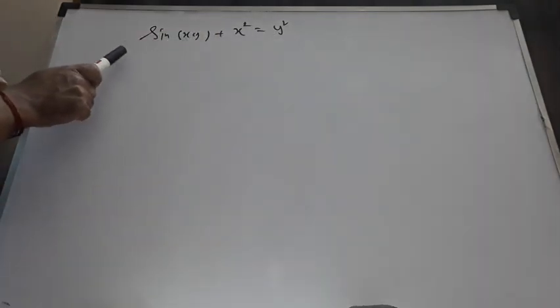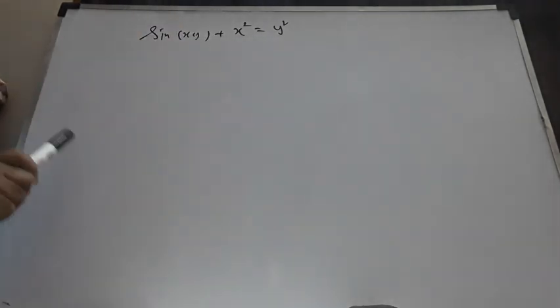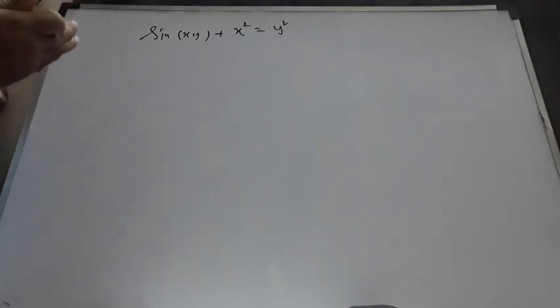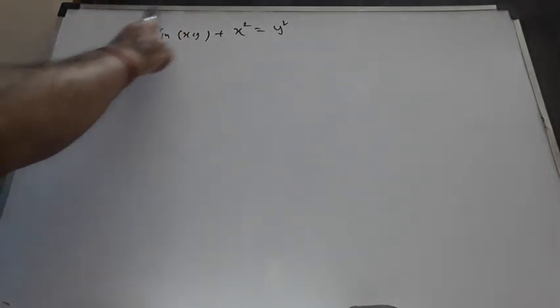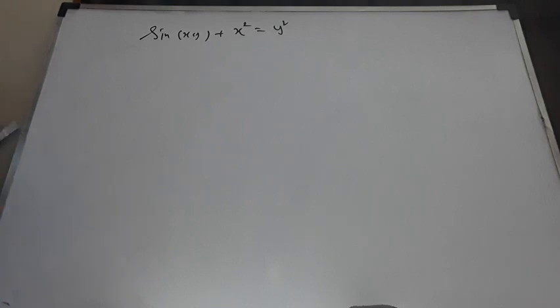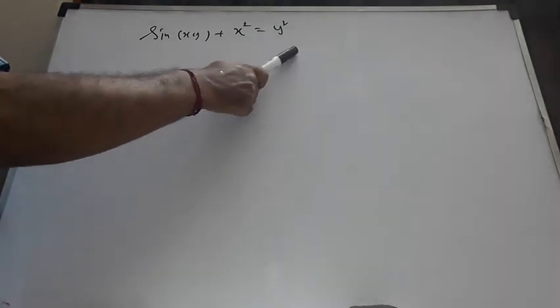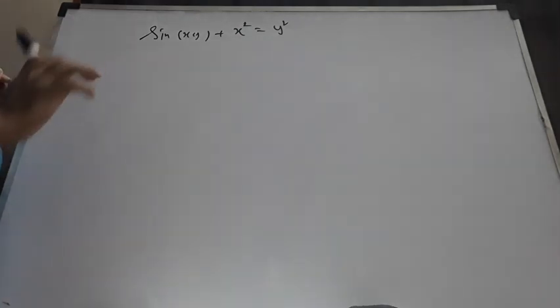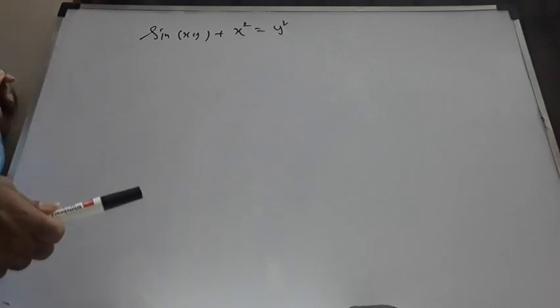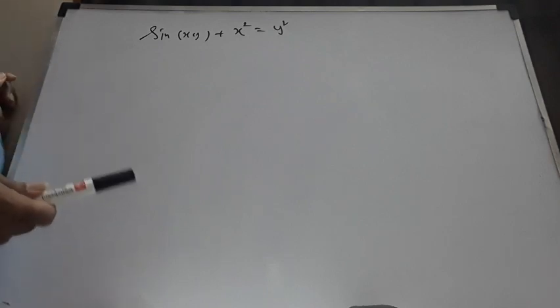To get dy by dx for any such function, we differentiate throughout with respect to x and bring the coefficients of dy by dx to LHS, and except dy by dx, we take the rest to the right hand side. For any implicit function like this, we differentiate throughout with respect to x, we group the coefficient of dy by dx and bring it to LHS, and except dy by dx, we take the rest to the right hand side. That is the way you normally find dy by dx.